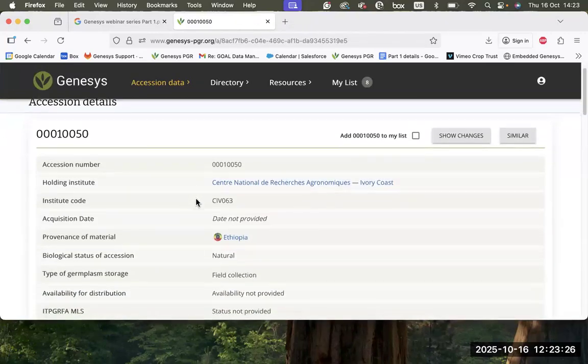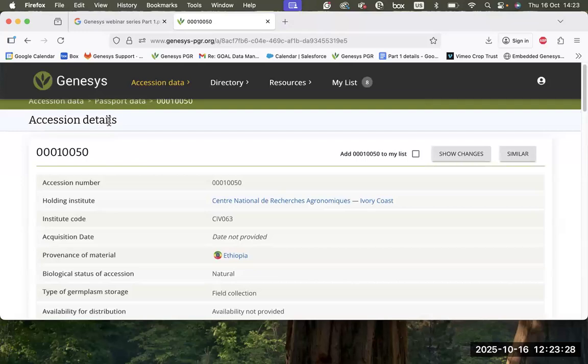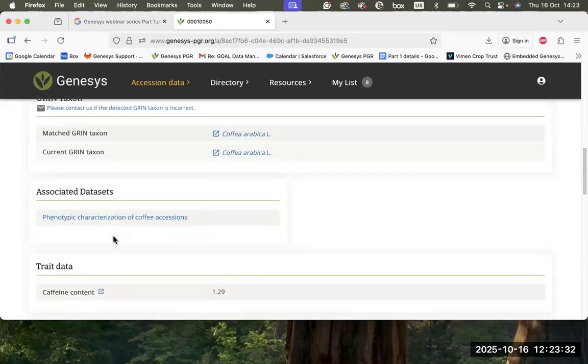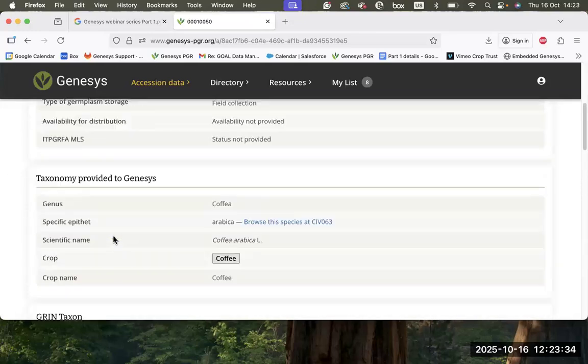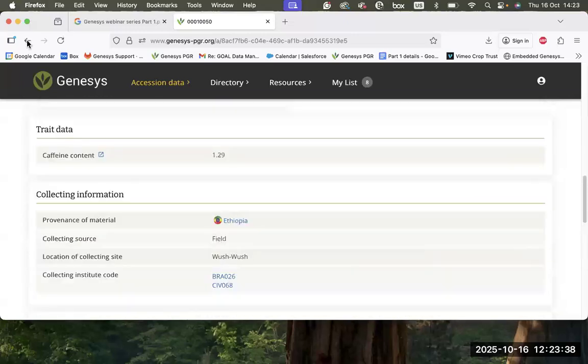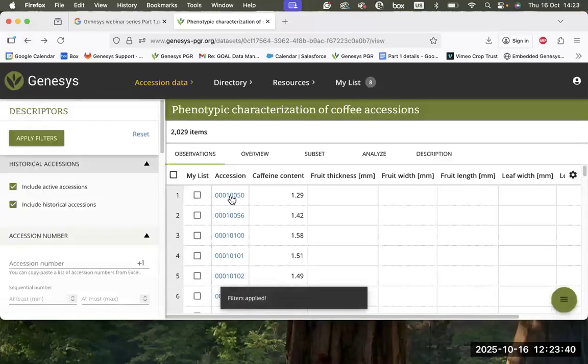So if you click on these links, you will be redirected to the accession details, where you will find more details on the passport data itself, and also the trade data itself, and much more information. And then you will see in this table, the rest of the columns are going to be the descriptors